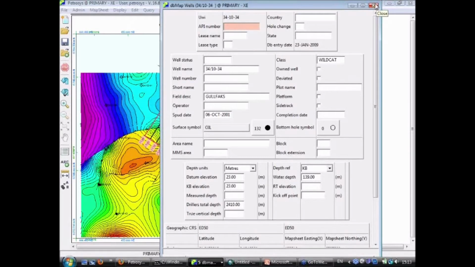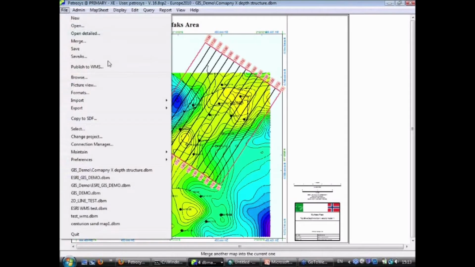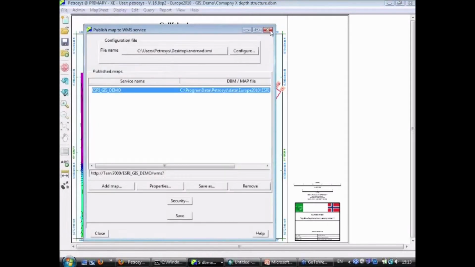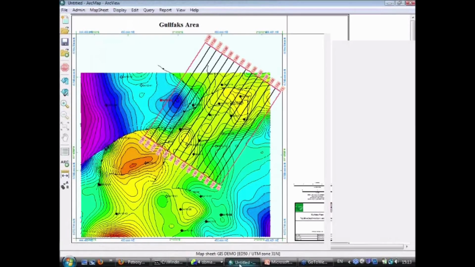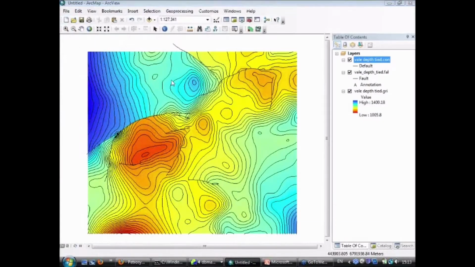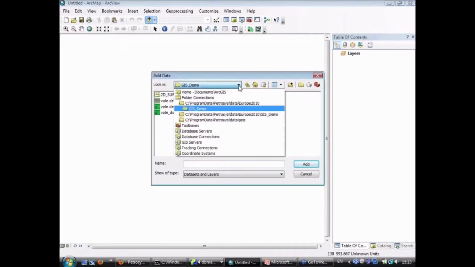All the objects in the Petrosys map are fully interactive. And we've also got a 3D bin grid being displayed directly from SMT. So what Company X would do would be to publish the map to the WMS, and then they could access this data across the internet. You could even do it in a web browser. But if we connect to that WMS server,